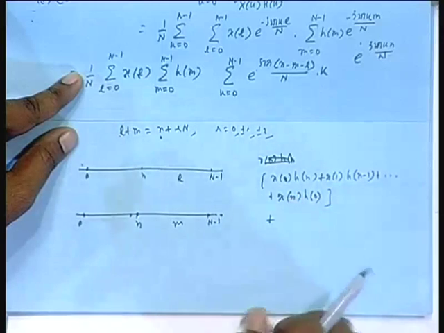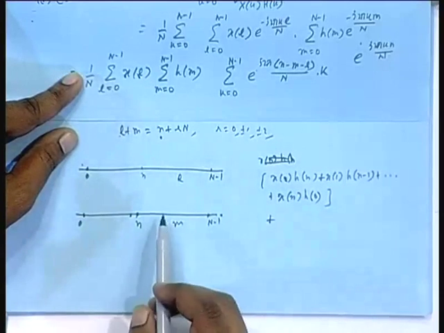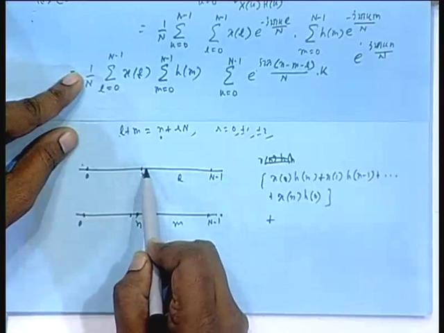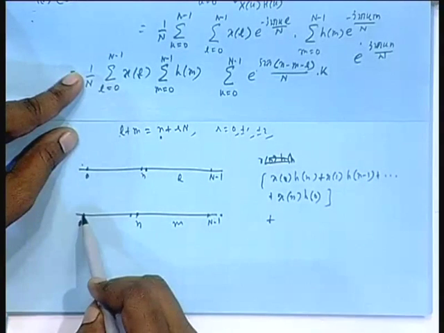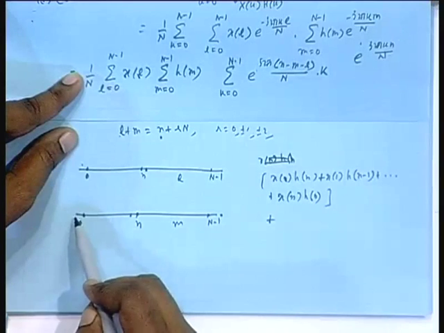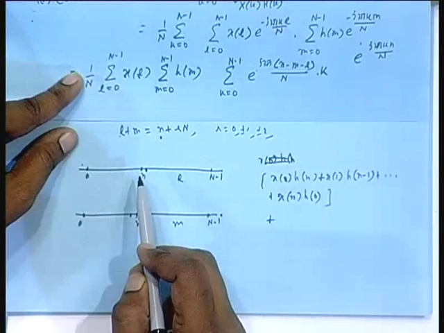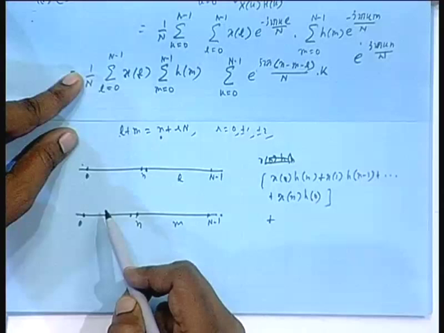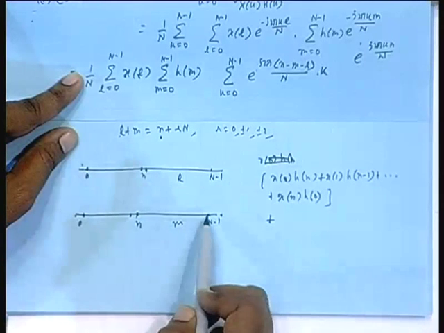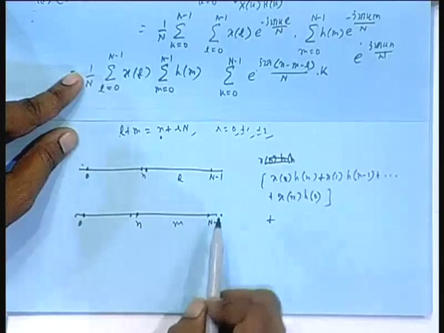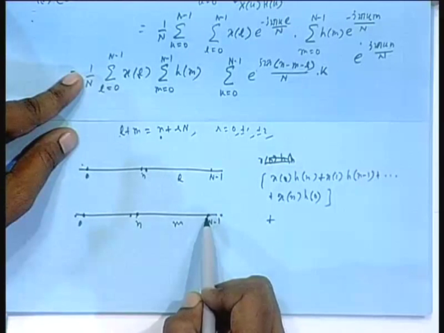But I will again come to this. Let us come to this further. Now L is increasing, n plus 1. So n plus 1 means M should be 0 minus 1, then minus 1 and 1 cancels, it will become a small n, but minus 1 is again beyond the range. So what do I do? From there, if I jump to the right by capital N, I hit back a valid point, capital N minus 1.